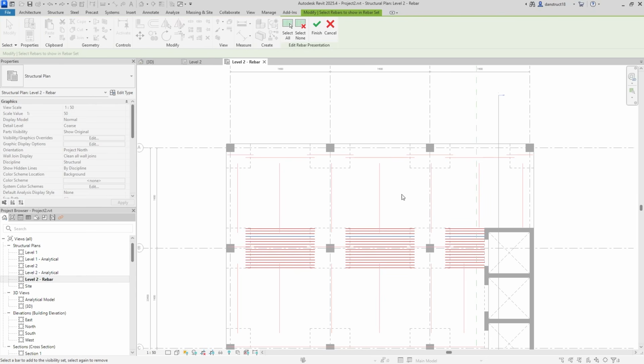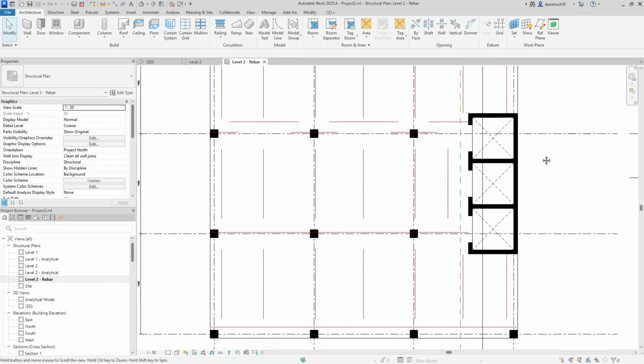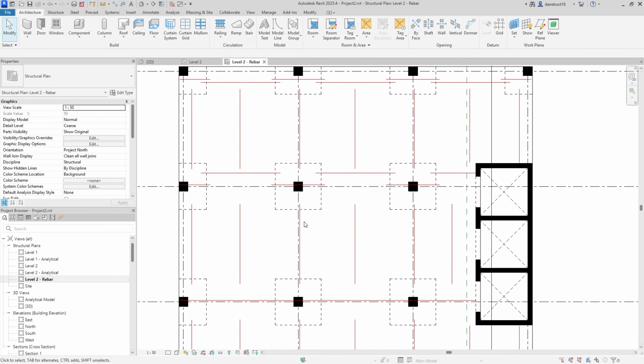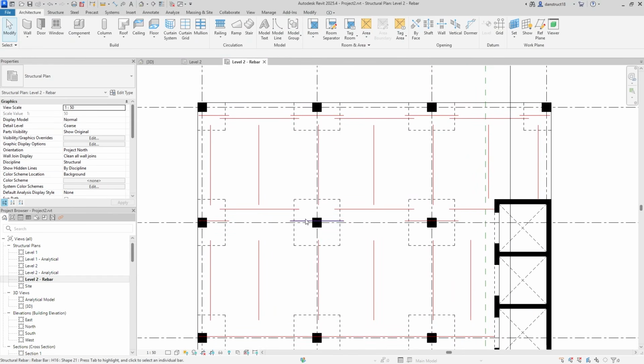Now keep in mind that you can only select from multiple sets if you are using Revit versions 2025 and above. So for lower versions, you have to select one of the bar sets and do it individually. Alright, good. That's fine. And here I don't want these bars to be too close to the column hatch, so